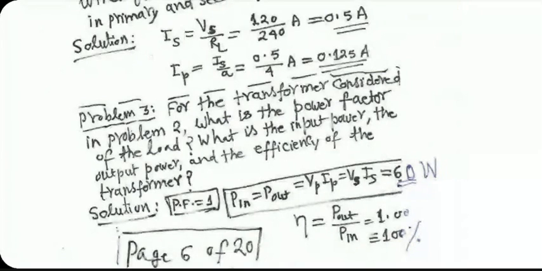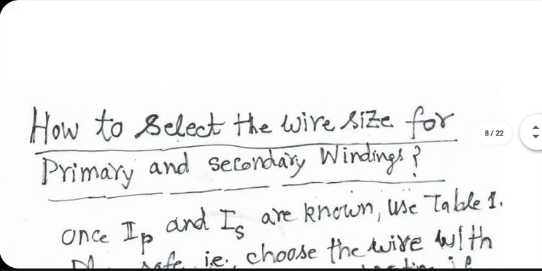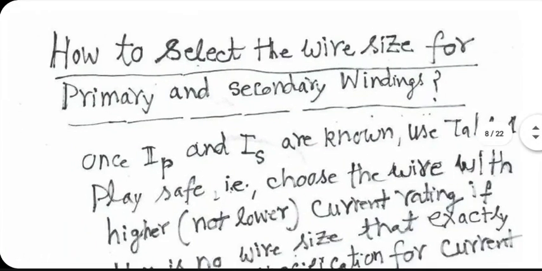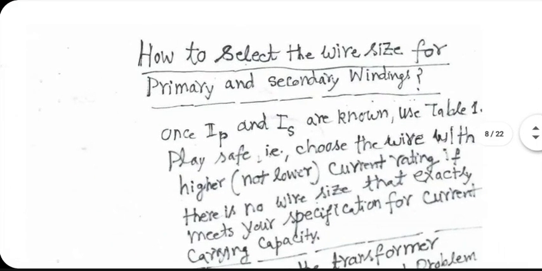Now, let's try to complicate our life a little bit. Okay, it's not done here right now. We'll do it later. Before we do that, let me reiterate what I was trying to tell you last time, that the diameter of the primary and secondary wires will be determined by how much maximum current each winding is supposed to be getting. Once IP and IS are known and maximum value,